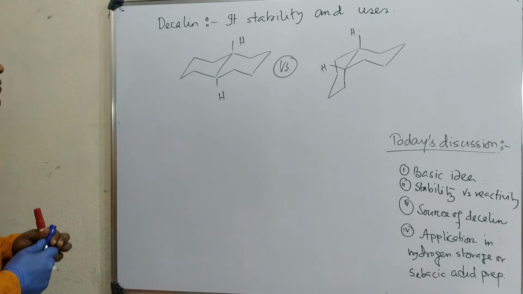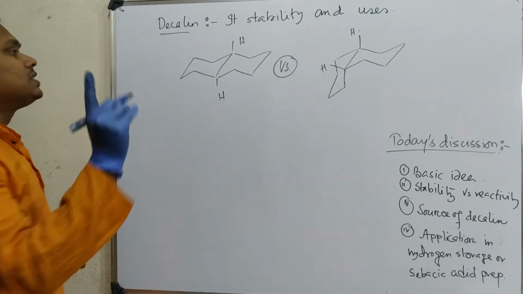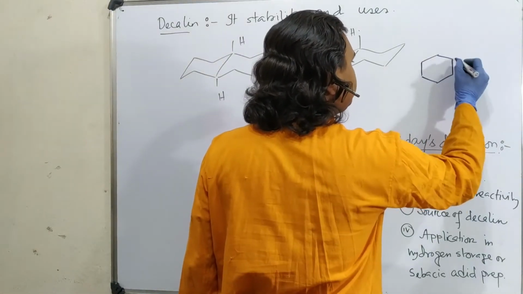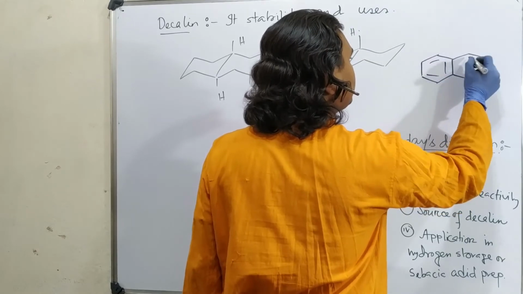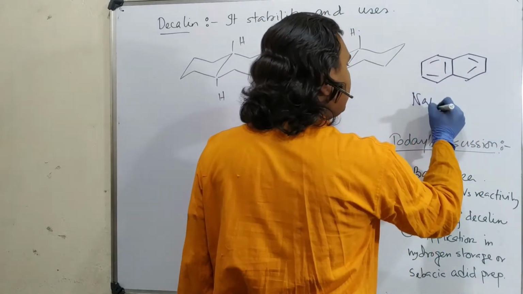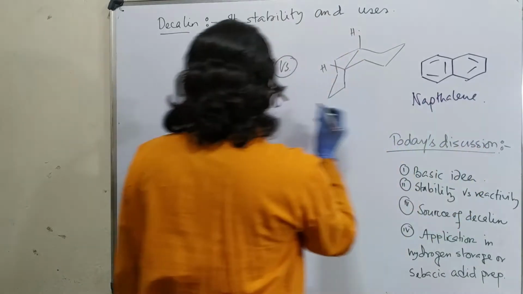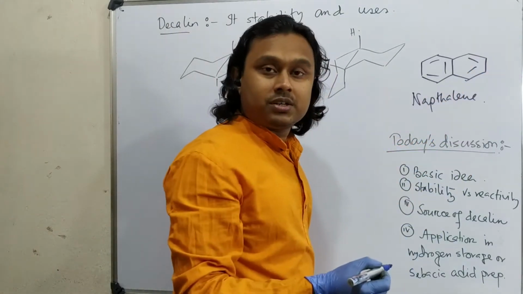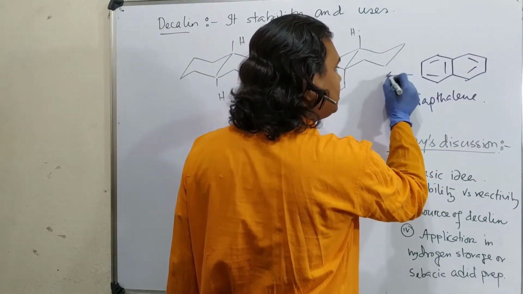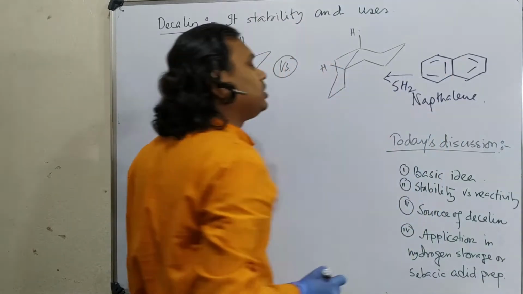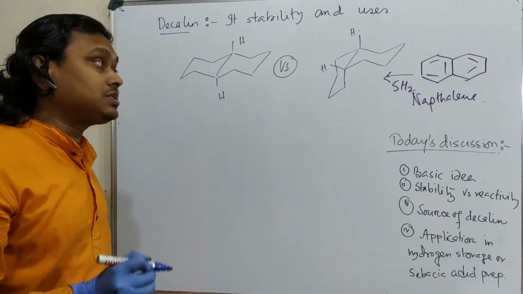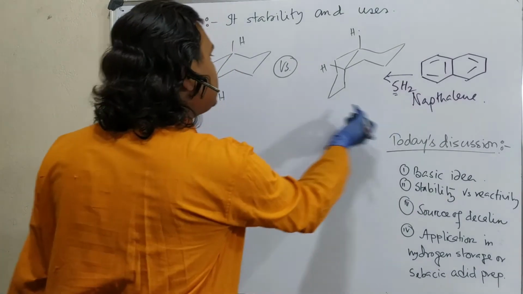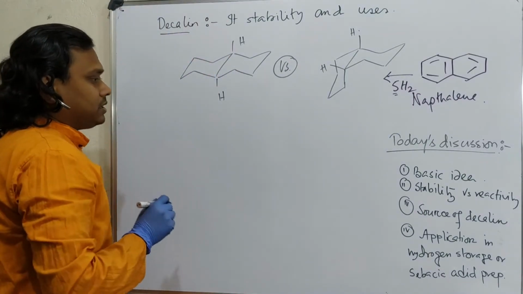Okay, so let's start. First of all, it is decalin. Why does this word mean decalin? First of all, its parent compound, if you look, this is naphthalene. Now just look at this. In this case, no double bonds are there. These two may be considered isomers, and in this case, how many double bonds are reduced? Actually 5 double bonds are reduced. So you may consider that 5 hydrogen molecules are needed to reduce, and that's why this is called decalin, because deca, 10 hydrogens, are added to this. Point number 1.